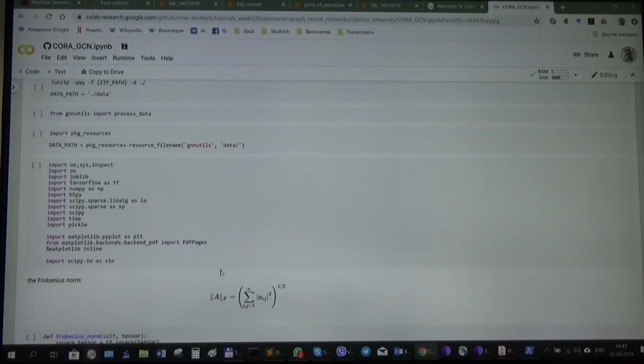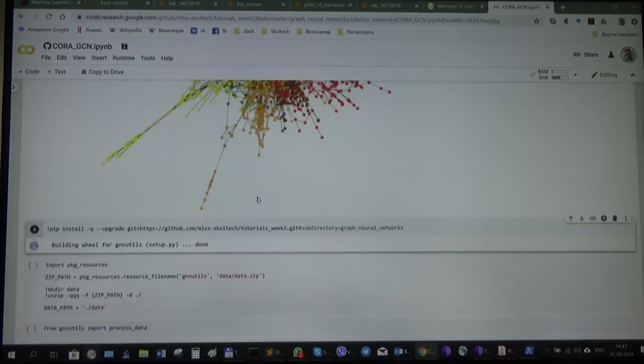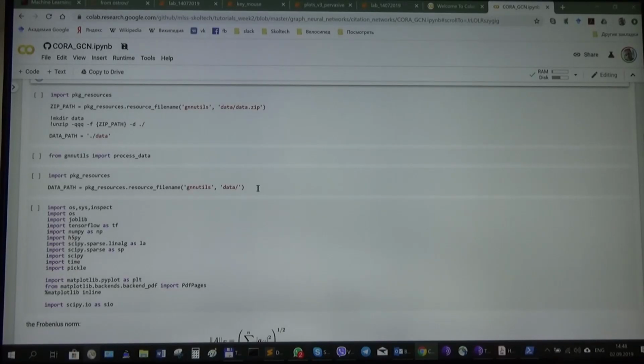This simple neural network, as I mentioned, multiplies the Laplacian of the graph by the feature matrix and weights. And after several layers of this neural network, we're going to compute softmax and going to get